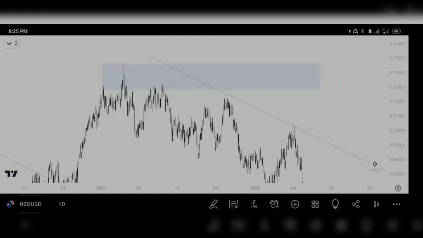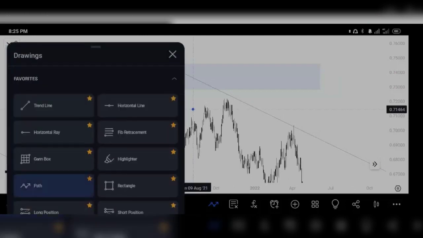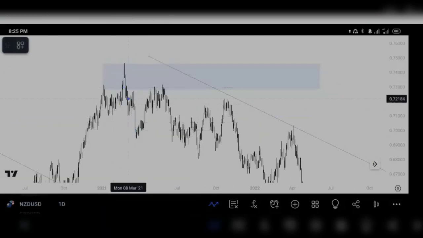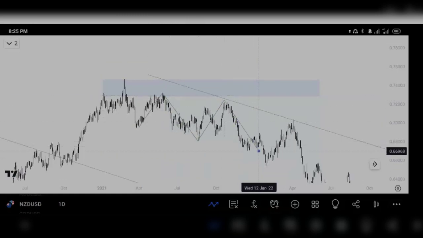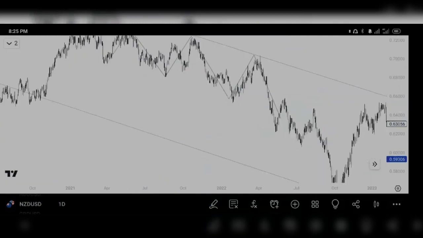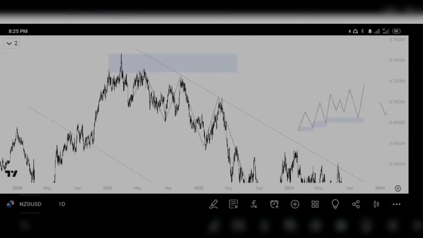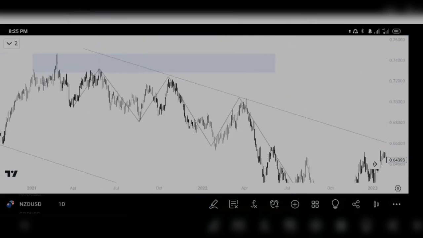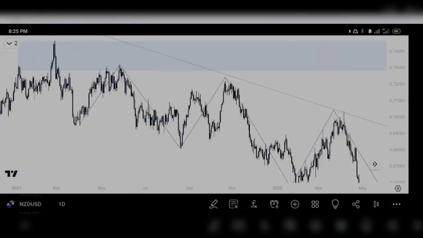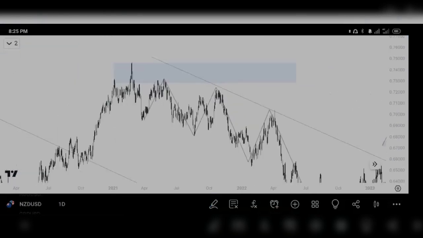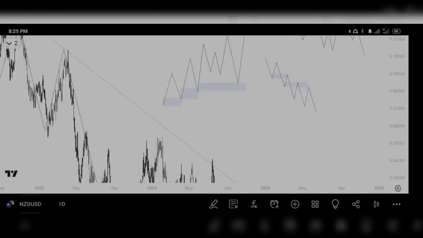Now when we talk about demand and supply, you can see what happened here. Price came down, tapped on this zone, created a low, lower low, lower high, lower low, lower high, lower low. You can see how it's moving. You can see price does not stay at a zone. Price does not stay at one side. Now, as we are talking about supply and demand,